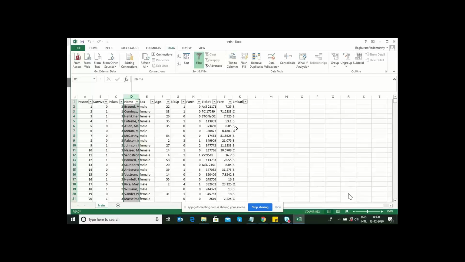The objective is to identify what kind of people survive and what kind of people die, so we want to identify the factors that affect the survival status. Name will not be a variable that tells us that if the name is ABC, he will survive, and if it is XYZ, he will not survive.